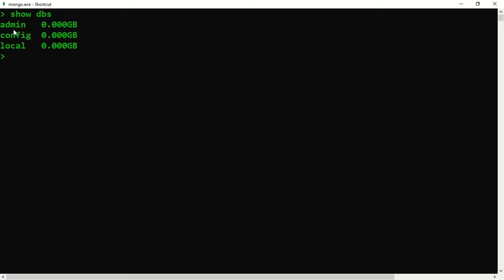Now I'm going to use one of these databases, or say all, and see what's there in it. But actually you should not interfere with these databases, because admin, config and local are system databases, okay.